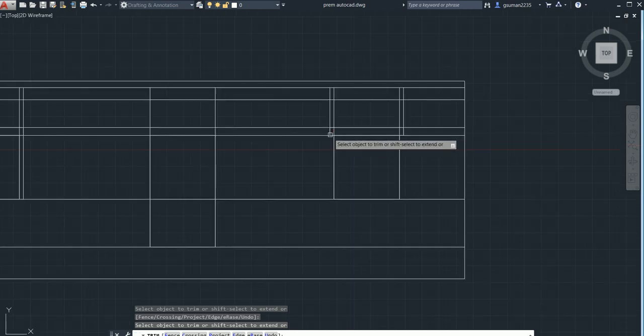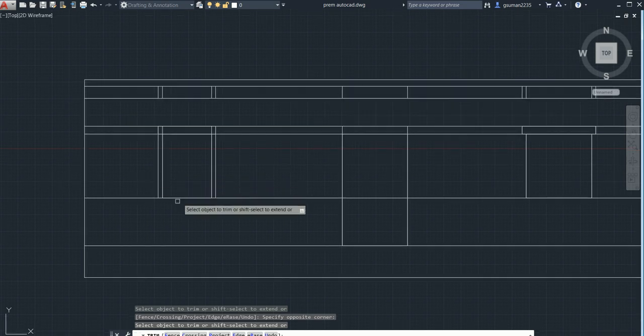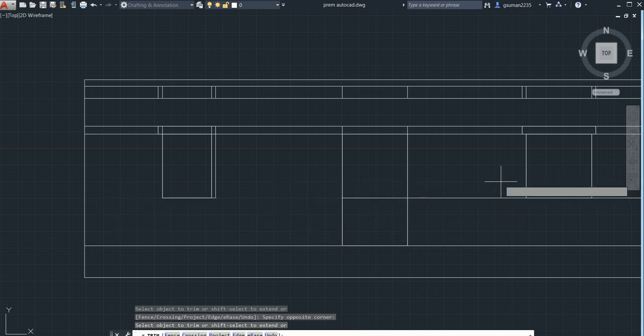This also not there, just trim it. This would not be there, so delete this. This deleted. Now this should also not be there, this also not there. Go for the trim command and trim.